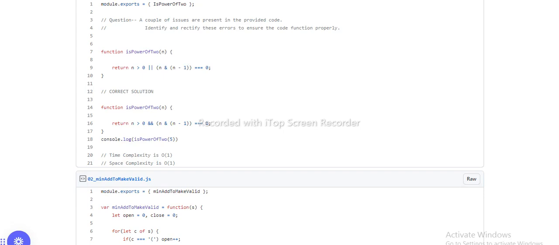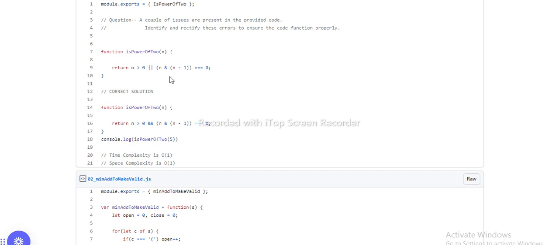So if the value is greater than 0, this code will return true for the number being a power of 2, but not all numbers greater than 0 are powers of 2. So for that we have to use the AND operator instead of the OR operator, and in this case the bitwise AND